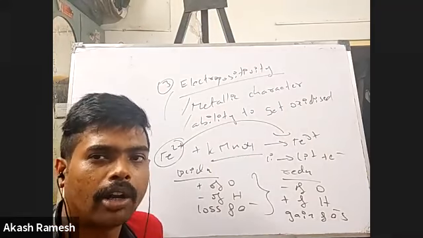oxidized is the reducing agent. In the same way, the one which is reduced is the oxidizing agent. Are you able to understand, guys? Whichever is getting oxidized is the reducing agent. Whichever is getting reduced is the oxidizing agent. Here KMnO4 is the oxidizing agent. It will oxidize Fe2 plus to Fe3 plus, but KMnO4 would have gotten reduced. Obviously it would have formed some compounds, but we'll not see it now.